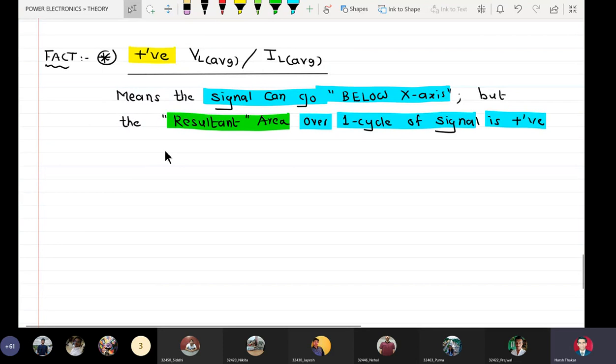Okay, and when I say one cycle, it naturally means omega t greater than or equal to 0, less than or equal to 2 pi radians. Okay, similarly, another fact about negative VLAVG and negative ILAVG is this: